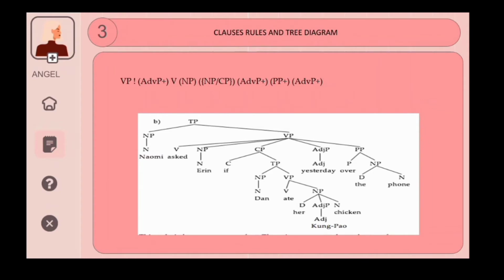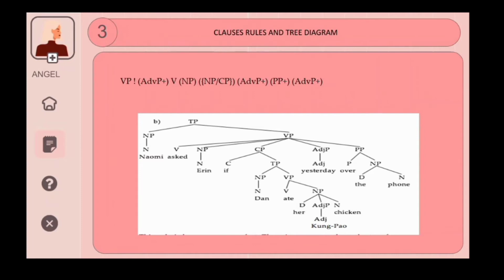So we have TP as noun phrase, noun Naomi, and then the verb phrase, verb asked, and then the noun phrase, noun Erin, and the CP. Here the adverb phrase is adverb yesterday, and then the prepositional phrase, or PP, is the preposition over, and then the noun phrase is the determiner the, and then the noun is phone, and then this